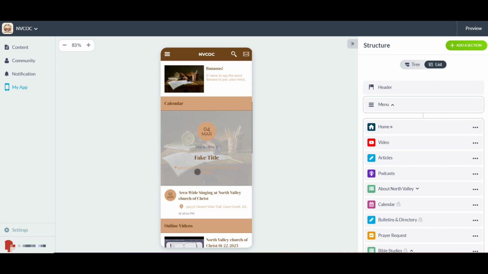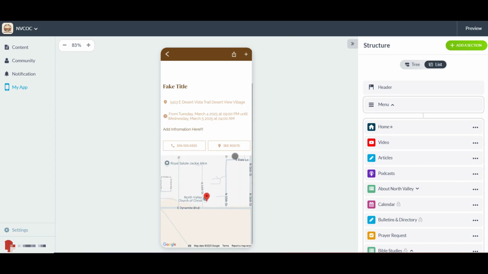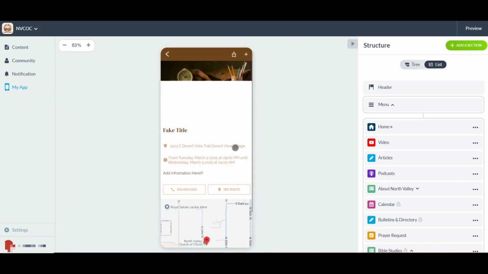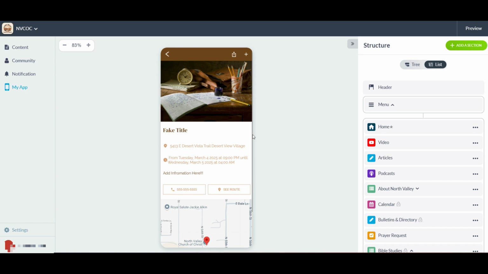So you can see how the picture is faded in the background. It makes it a little hard to see our link there, the address. But if you click on it, there it is. Our picture, there it is. The back office is a little slow. And you can do a phone call, see the route. If you had added a ticket area, those buttons would be right there, and you'd be able to see those as well. It makes it very